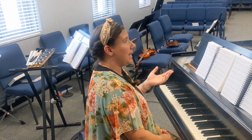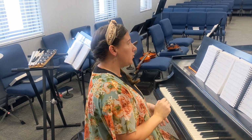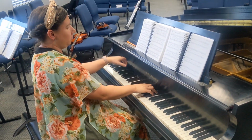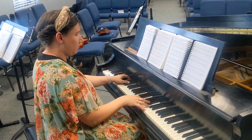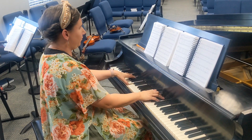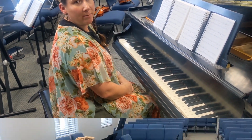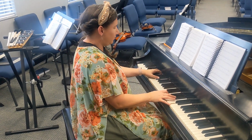So a lot of 6/8 have the 1, 2, 3, 4, 5, 6, 1, 2, 3, 4, 5, 6 pattern. So this one I like to do in a waltz tempo. And I'm just taking what I'm doing and doing broken chords with it. Now if you're a beginner, you can start out by simply doing back and forth chords. You're just going to follow the bass line, of course, okay? So you can do...